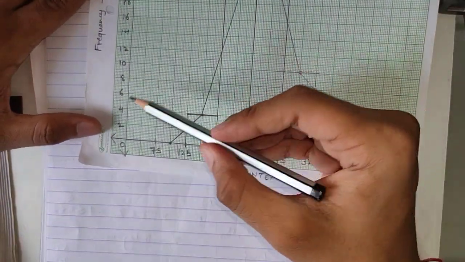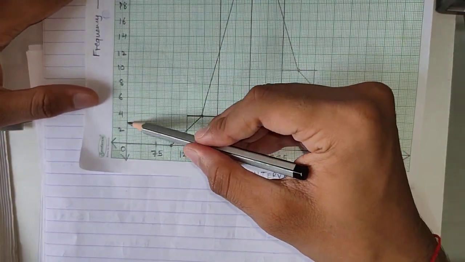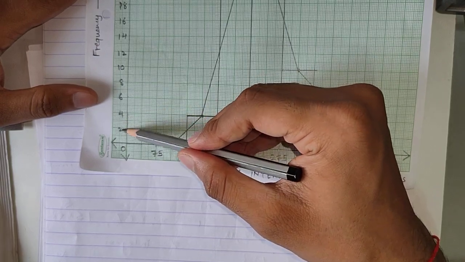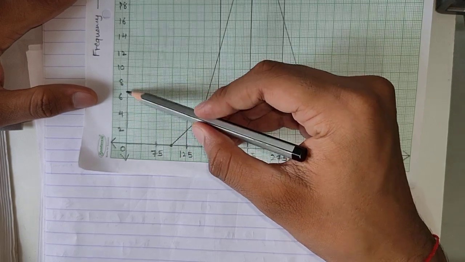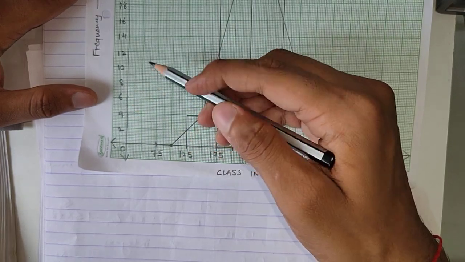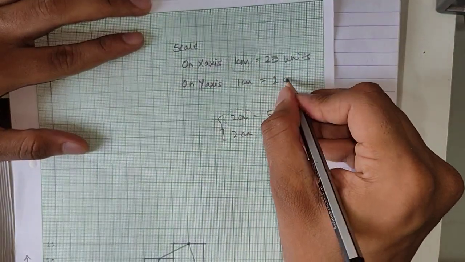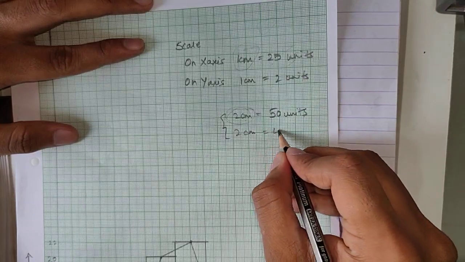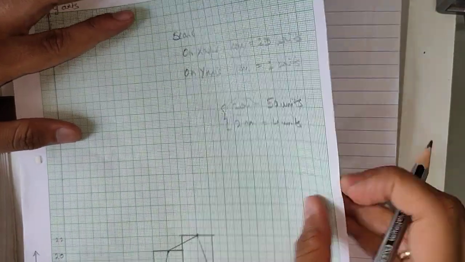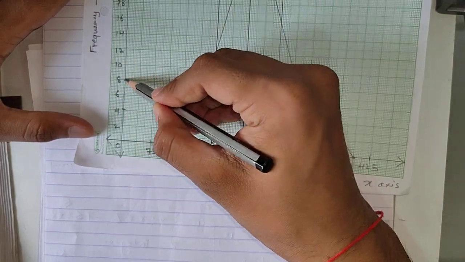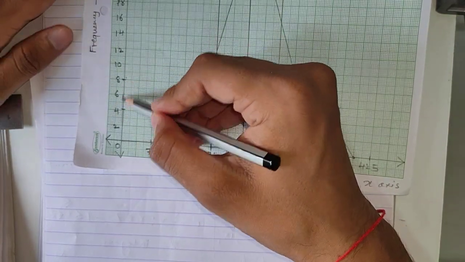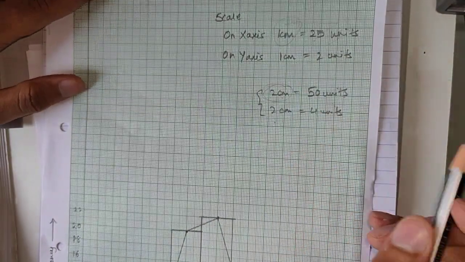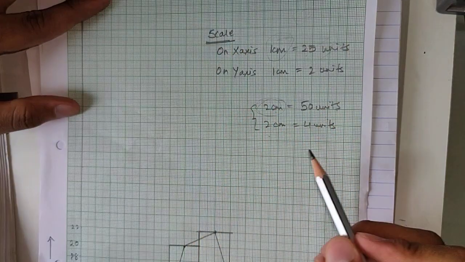Let's see for the frequency. So here if you see, this 1 centimeter is how many units? From 2 to 4, that means 2 units are increasing. Again 2 units are increasing. That means 1 centimeter signifies 2 units. So I'll write here 2 units. So 2 centimeter will signify 4 units, correct? Double of that. You can see here also 2 centimeter, let's say from here to here, 4 to 8. How many units are increased? 4. So I will write 2 centimeter is 4 units. Okay, this is my scale for the graph.